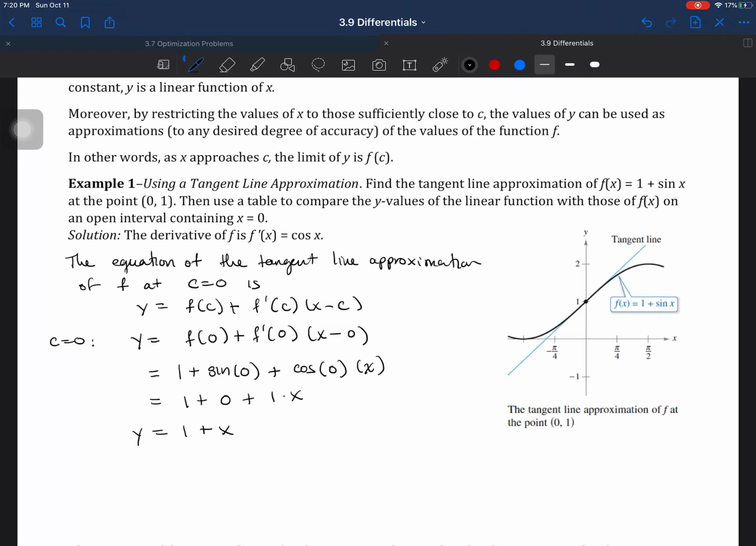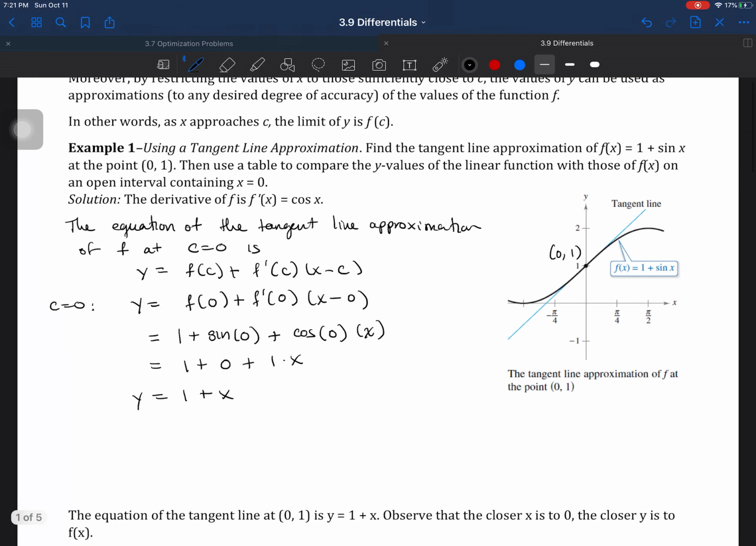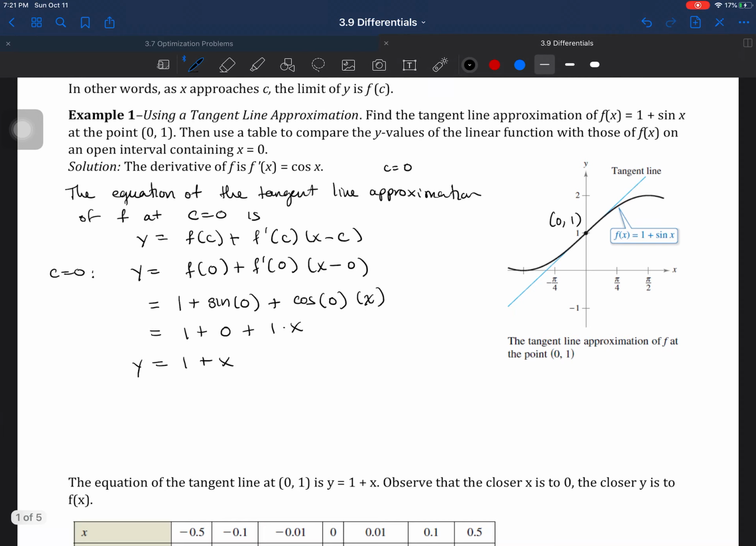That point is x0 and the y value is 1, right? So all right, so here we go. Your c value is 0. Your z value is 0, right? Which is your x value. So here we go. The equation of the tangent line approximation of f at c equals 0 is given up